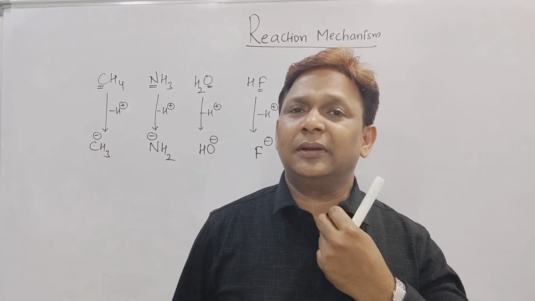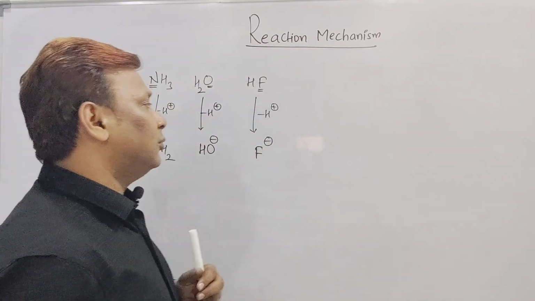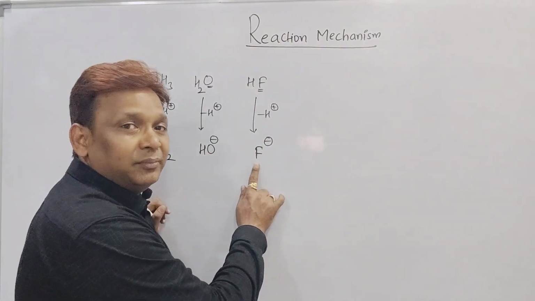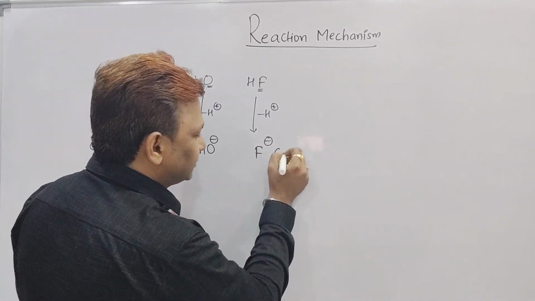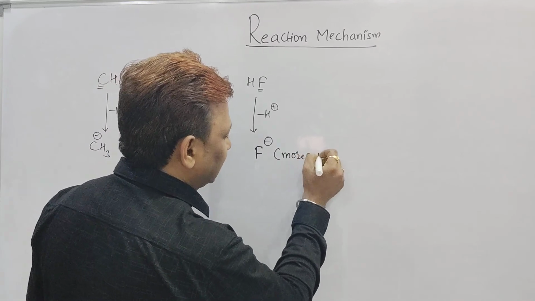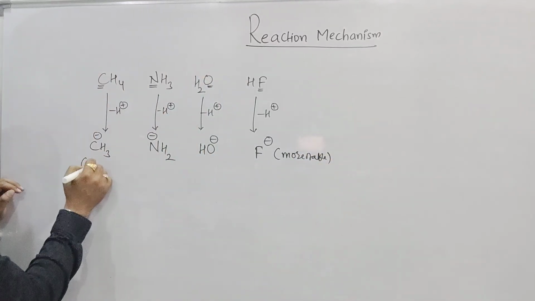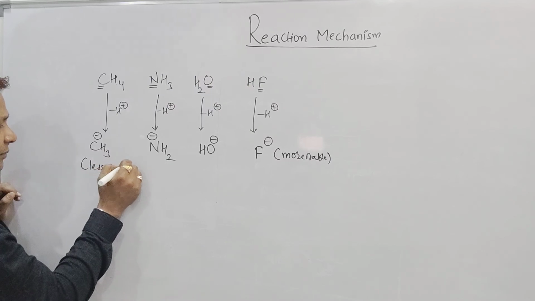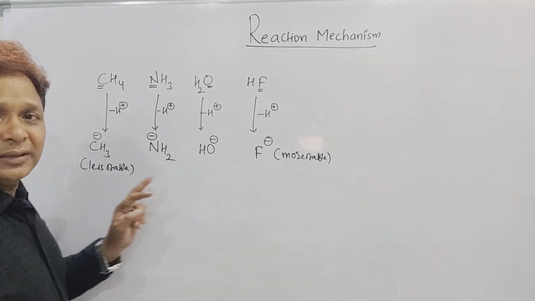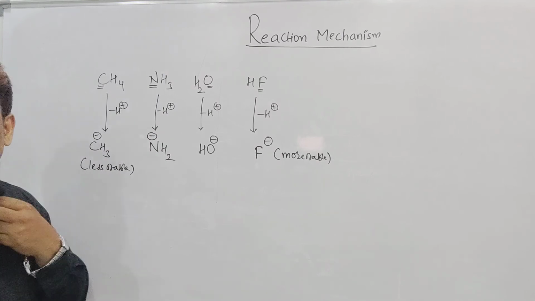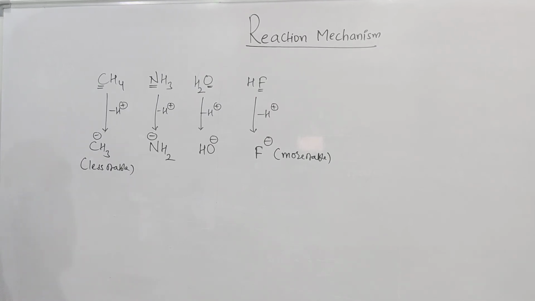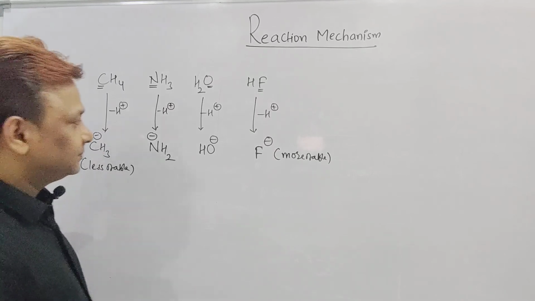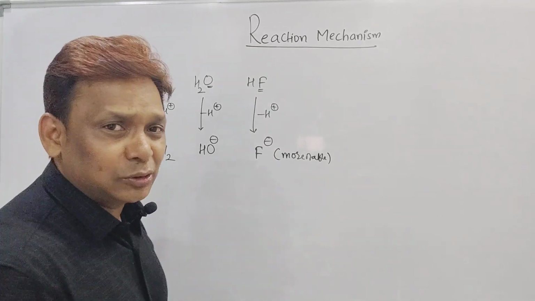You know, beta, among carbon, nitrogen, oxygen and fluorine, which one is the most electronegative atom? Fluorine. And the most electronegative atom bearing a negative charge will be considered more stable. So this is the more stable, and that means this is the less stable. One is more stable, the other one is less stable. Right? Now, can you tell me, beta, among these, which will be considered the strongest base?